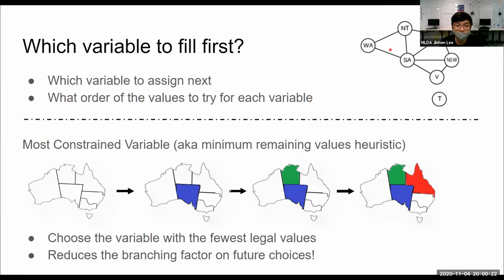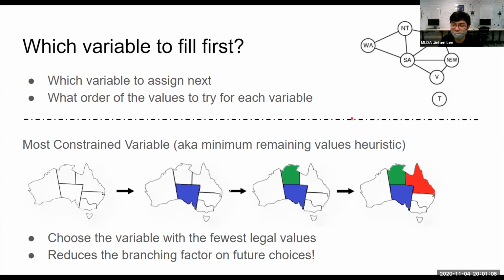Okay, so the problem for this one is we want to try to color the map in 3 colors, or color the map with the least amount of colors. So if we fill South Australia first over here, it means we don't have to compare with WA, NT, Q, NSW, and V anymore, because we already filled this first. So the rest just have to follow this SA, which means I've eliminated the branching factor of SA already. Because if I were to expand SA later, it would branch out to 5 different outcomes. So why not fill it first and make that the definite state? Then my branching factor for the overall thing will reduce.